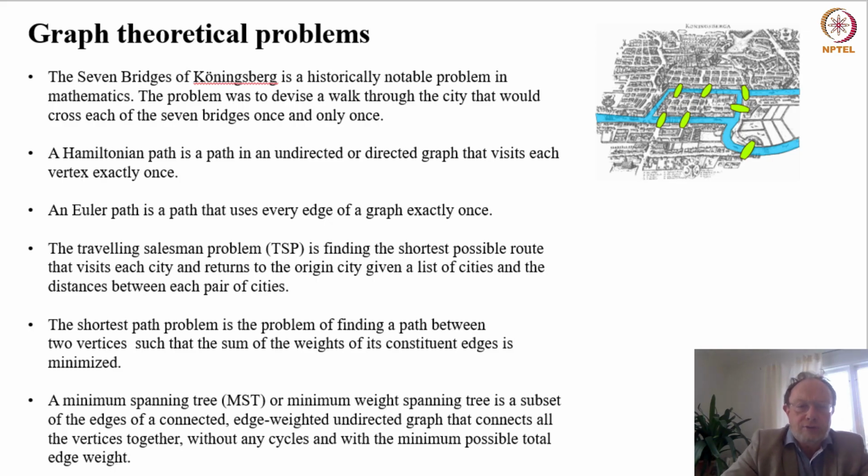So coupled to graph theory, you find on this slide a list of so-called classical graph theoretical problems, ranging from the old problems, the 7 bridges of Königsberg, that could be, of course, easily mapped onto a simple graph, the traveling salesman problem, various problems where you find a path with certain properties, for example, a path that visits each vertex exactly once, or paths that use every edge exactly once,